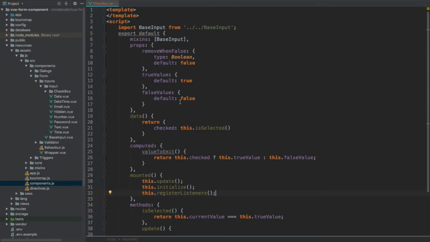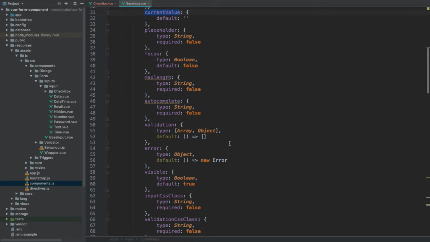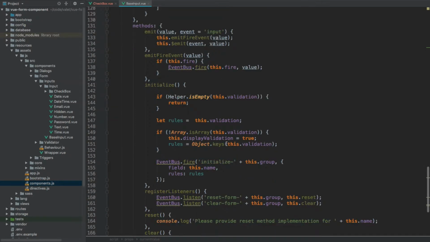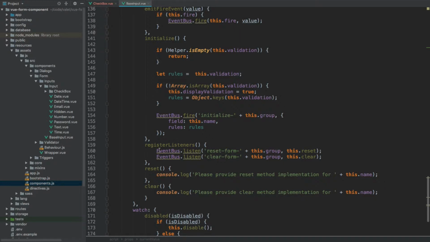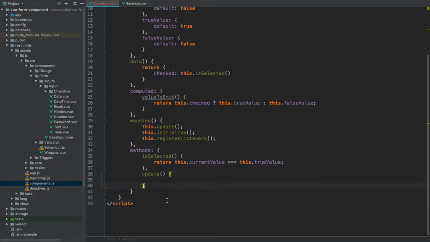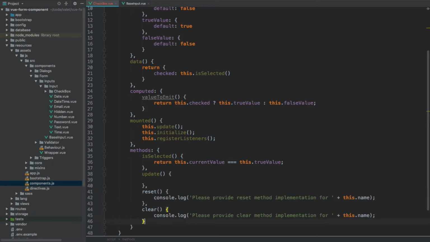Now, if we go back to our base input, let's have a look at what else we need to do. So we are calling our initialize method, which will simply send all the validation rules to the wrapper. Then we also register the listeners for resetting and clearing the input. And we need to provide the implementation for the reset and clear method. So if we copy both of these, scroll down, and within the methods, let's paste these in, and let's remove